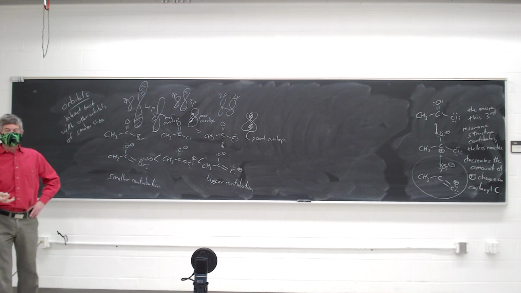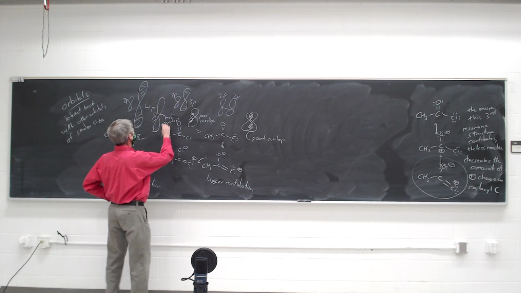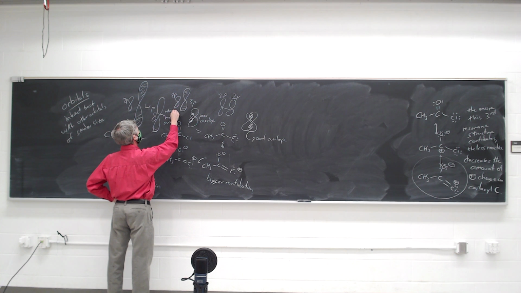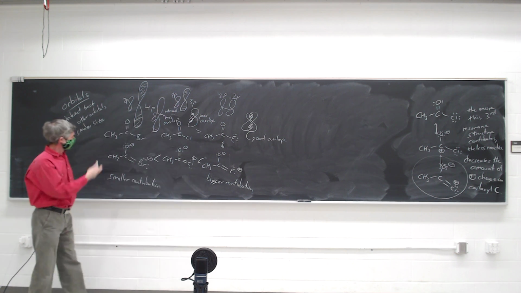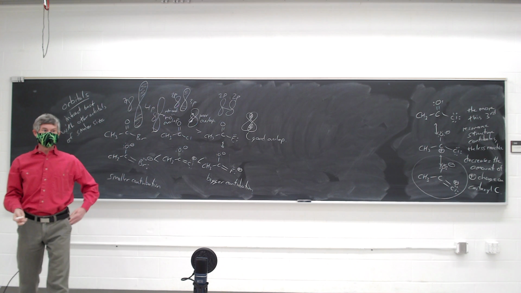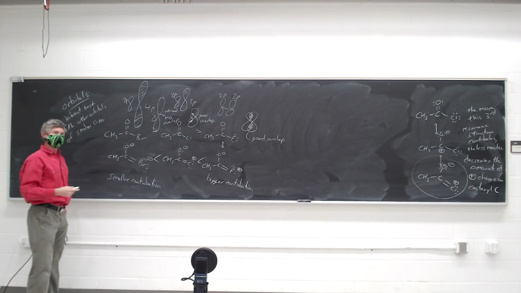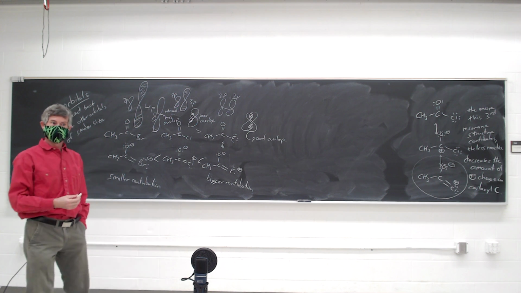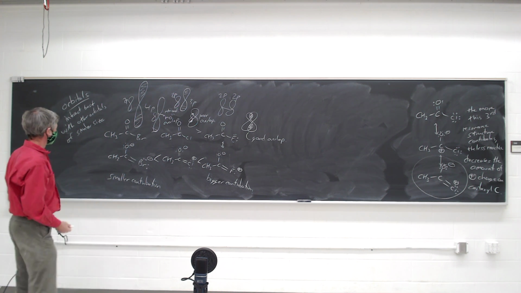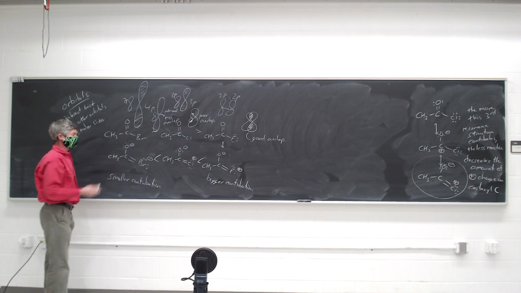It's not really no overlap, but it's really minimal overlap. So because of the mismatch in orbital sizes between the 2p orbital on carbon and the 4p orbital on bromine, this makes a really small contribution to the resonance,